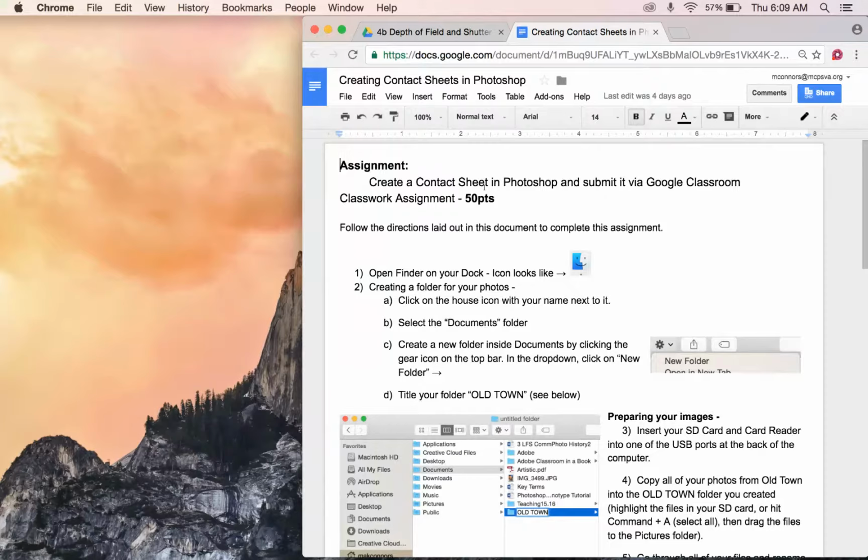All right, so this is a video tutorial that I am making for students of commercial photography. I'm showing you guys how to create a contact sheet in Photoshop. On the Google Classroom, there should be a guide that goes along with this. So if you guys wanted to follow along with the numbered bullets on how I'm going through all of these